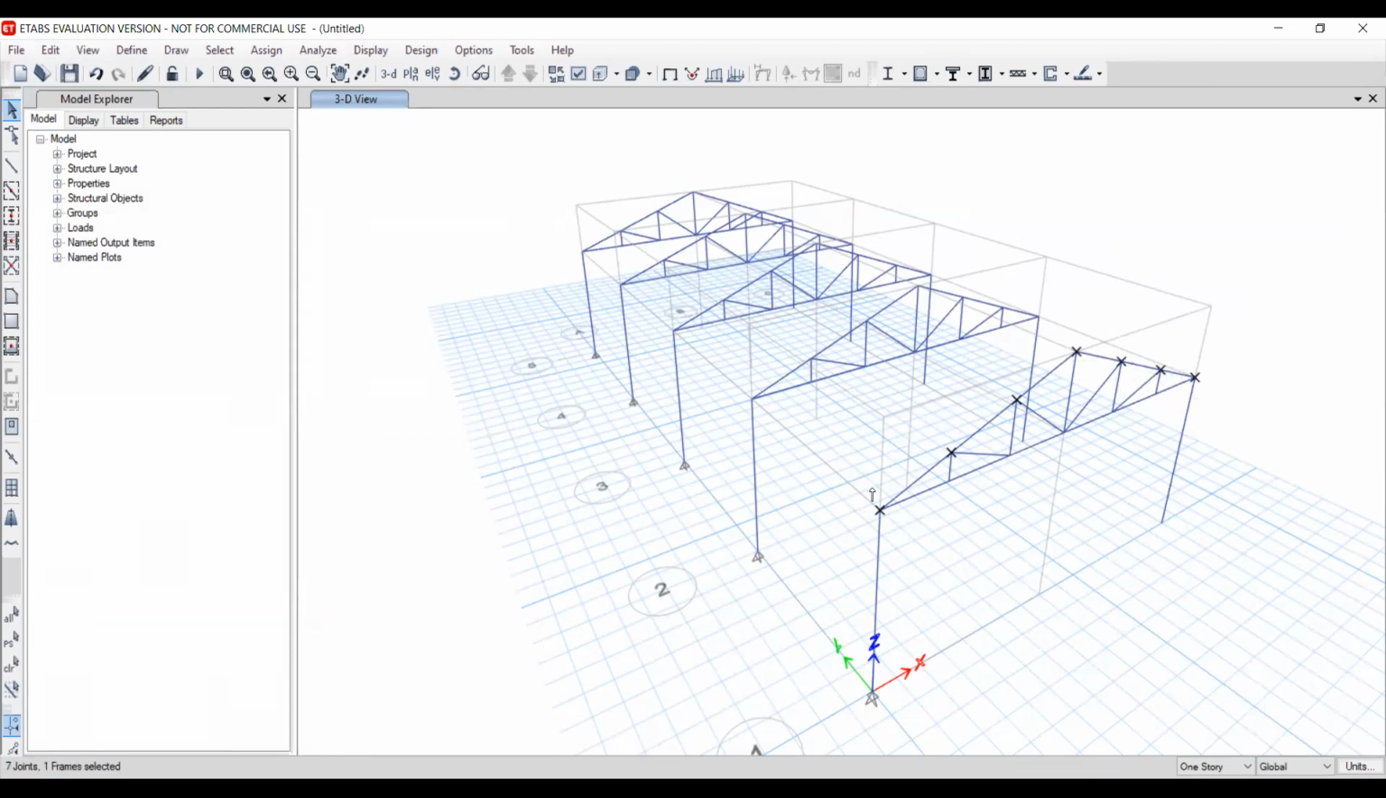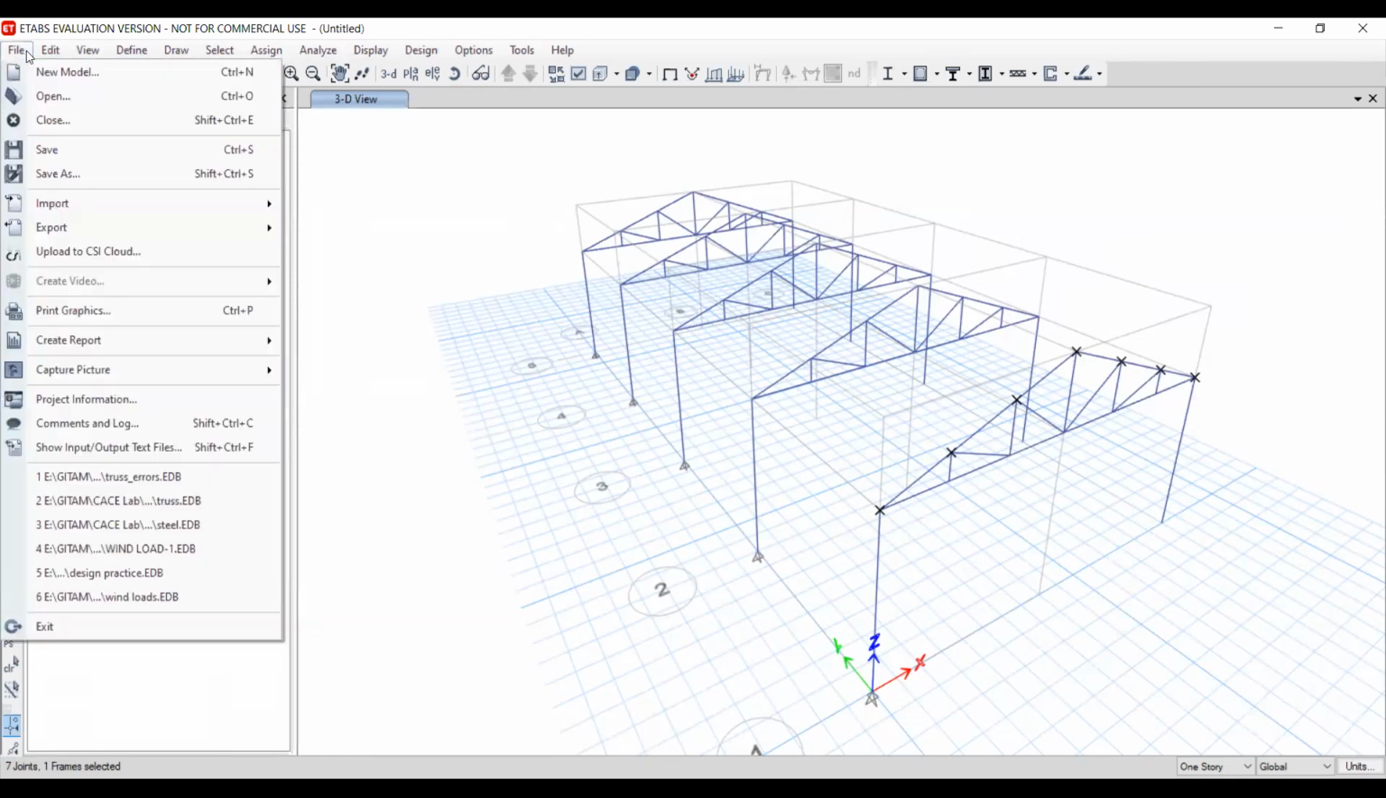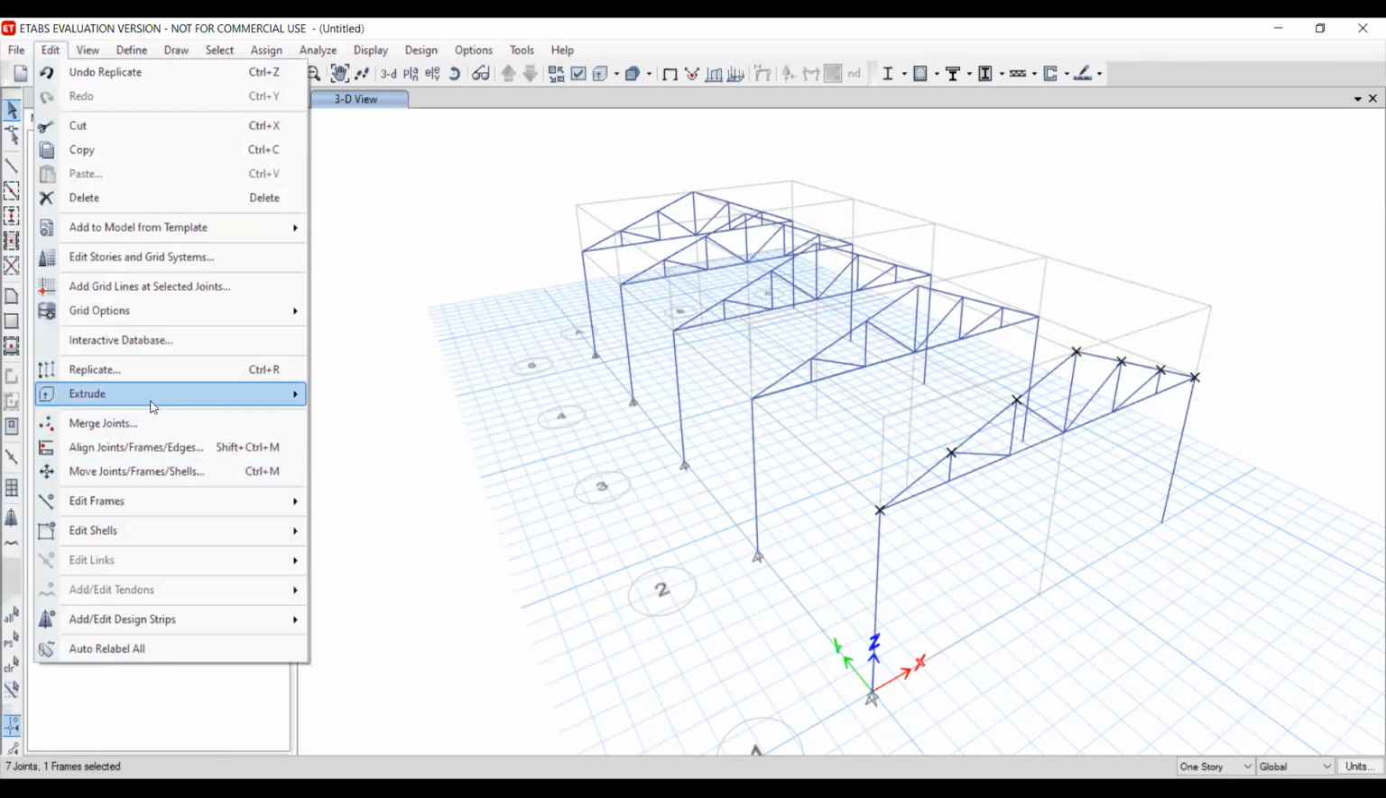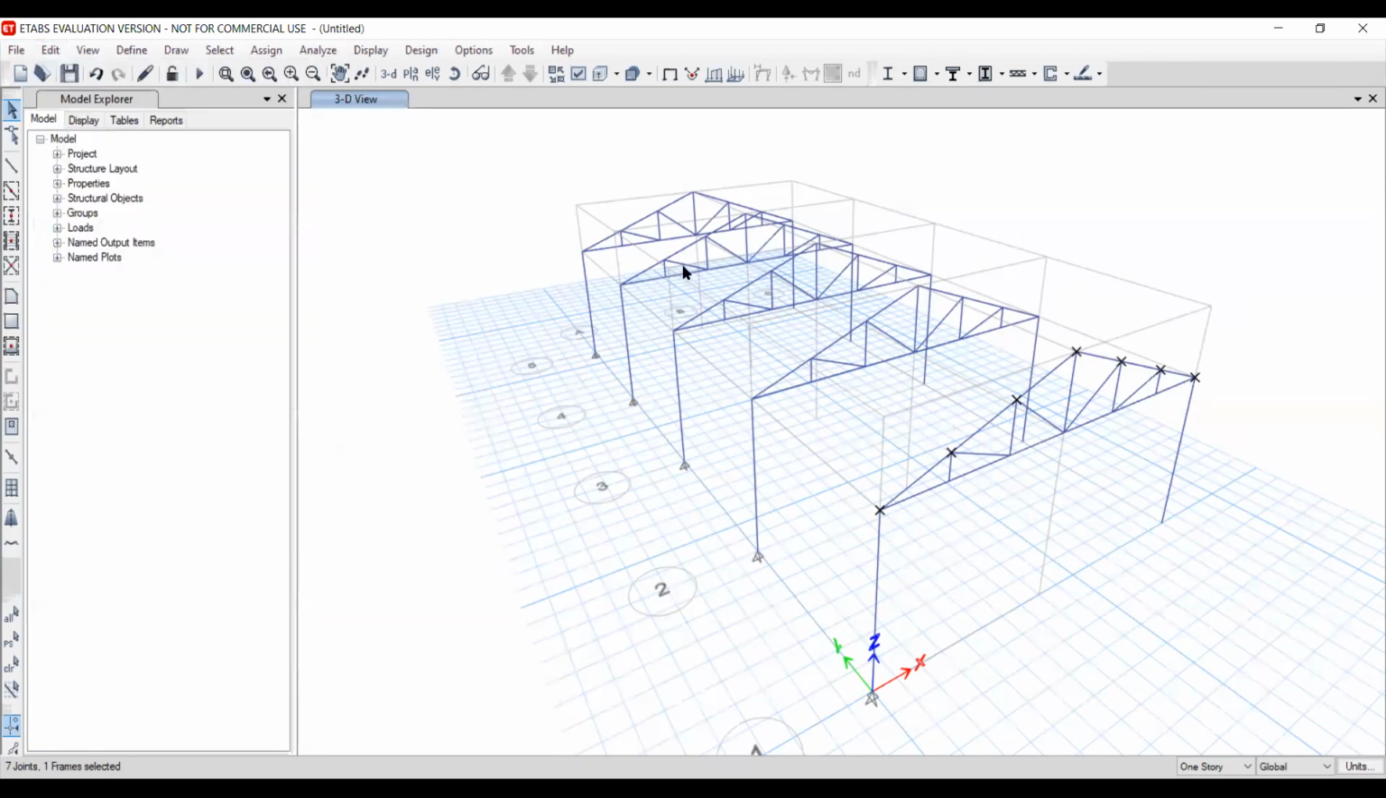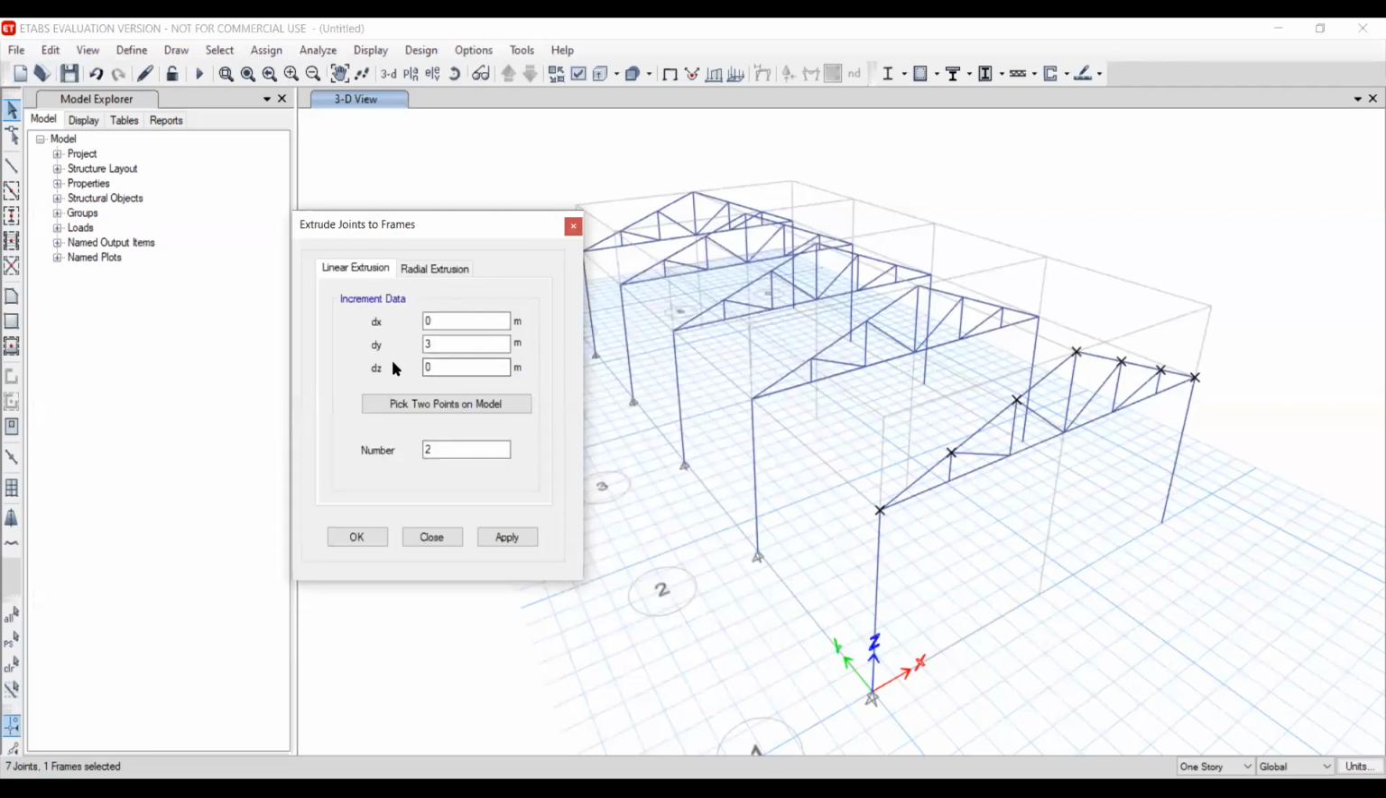Select these members and then go to the edit option. Click on extrude and extrude joint to frames. So we have selected the joints, and if you click on this one, it will extrude linearly in the y direction. So what is the distance in the y direction? 4 meters. And like that you have four bays. This is 1, 2, 3, 4 bays, and each bay consists of 4 meters. So click on apply